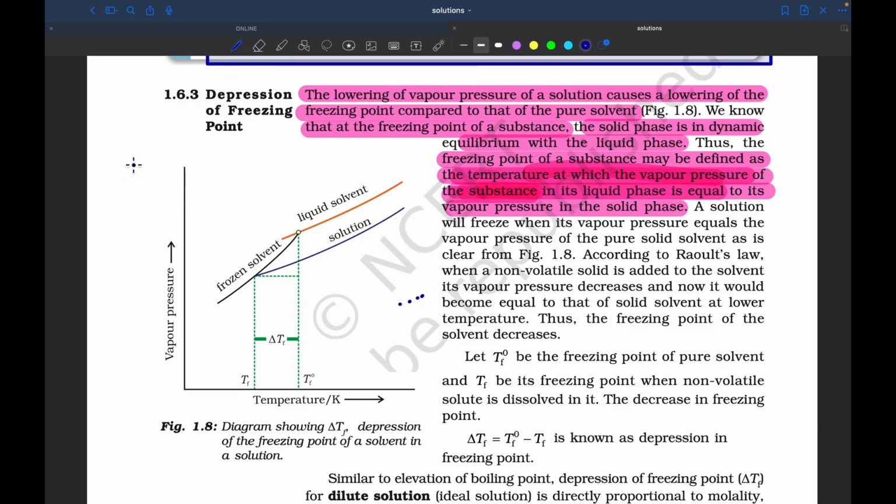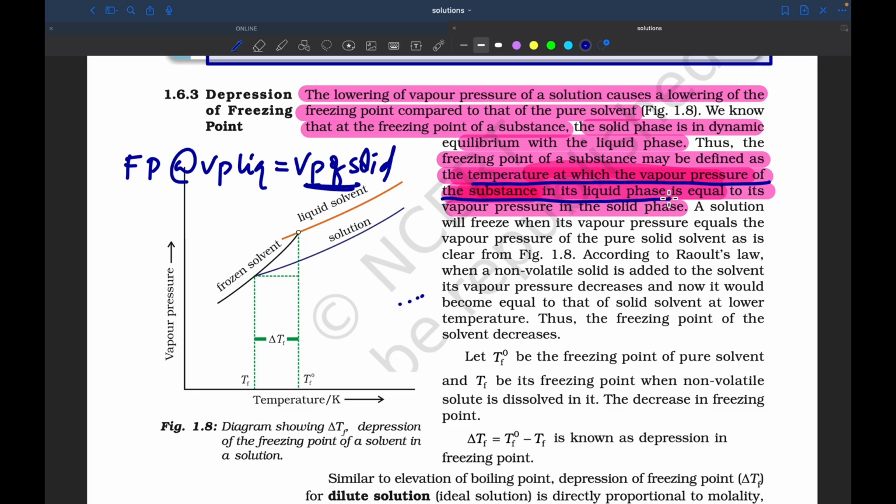Here, freezing point is freezing point. At freezing point, the vapor pressure of the liquid becomes equal to the vapor pressure of the solid. Generally solids don't have vapor pressure, that's why it is almost 0. So the freezing point of a substance may be defined as the temperature at which the vapor pressure of the substance in its liquid phase is equal to its vapor pressure in the solid phase. The solution will freeze when its vapor pressure equals the vapor pressure of the pure solid solvent,